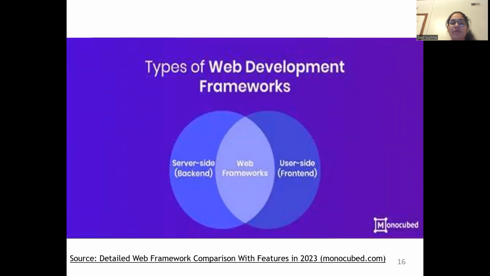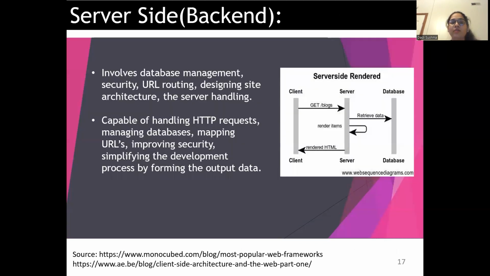So we have server side and web frameworks and user side frameworks like backend and front end. So coming to the server side, that is backend, it involves data management, data retrieving, security, URL routing, designing site architecture, and the server handling. And also it is capable of handling HTTP requests, managing databases, mapping URLs, improving security, simplifying the development process by